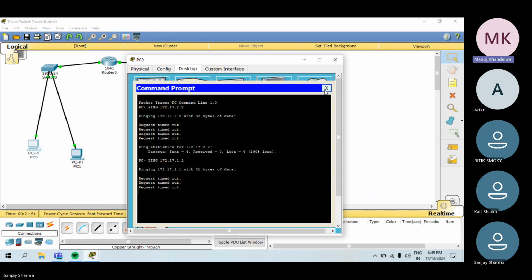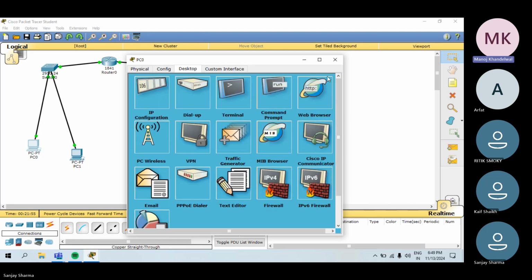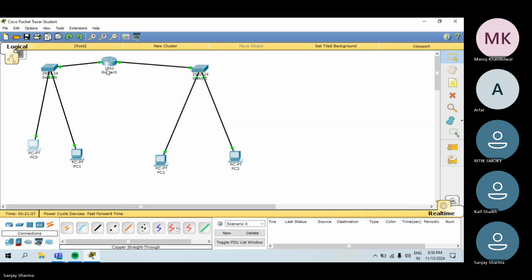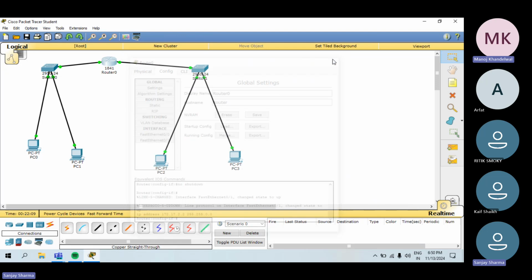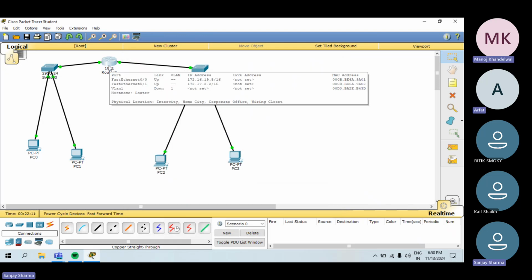Can you put the cursor on the router just to show the details of the router, what IP address you have given? Only put the cursor on it, don't click. It will show the details. Close this. Okay. Now, if you see here,